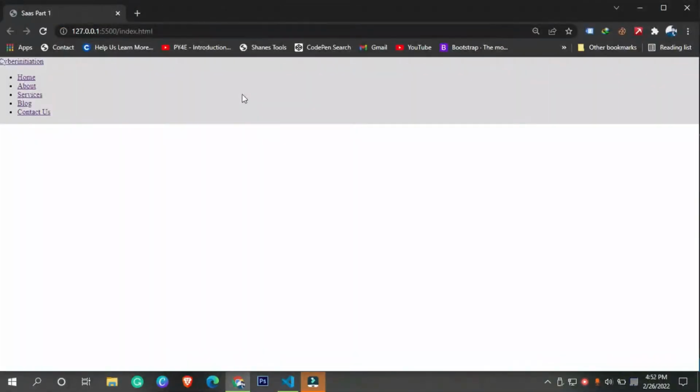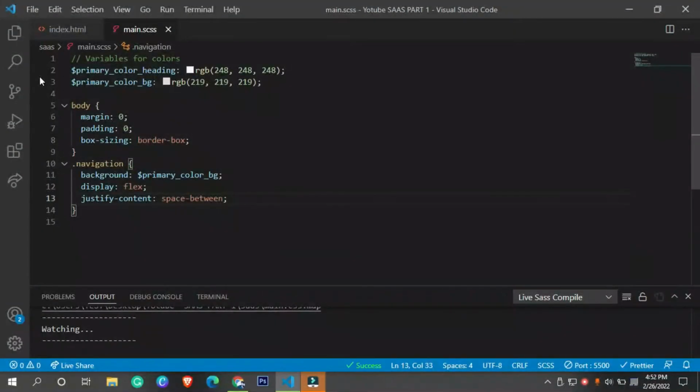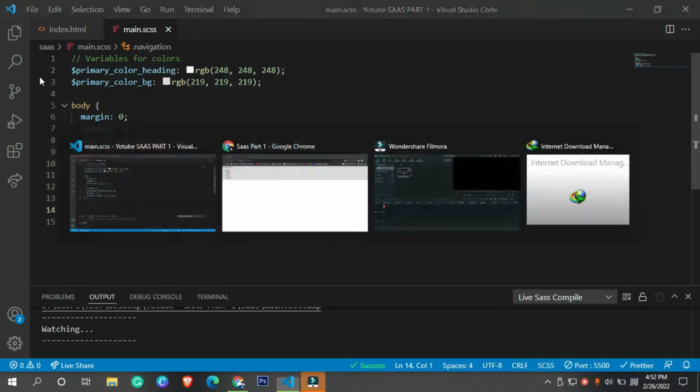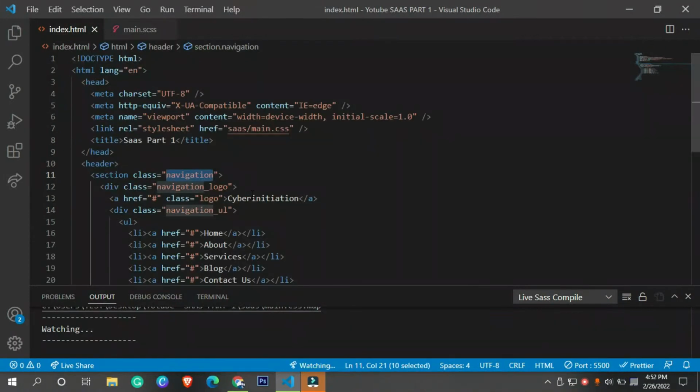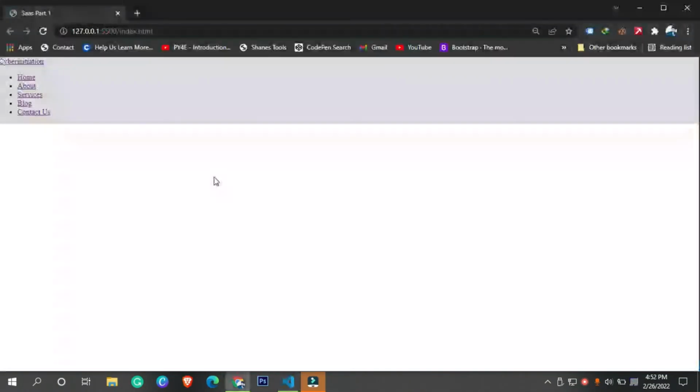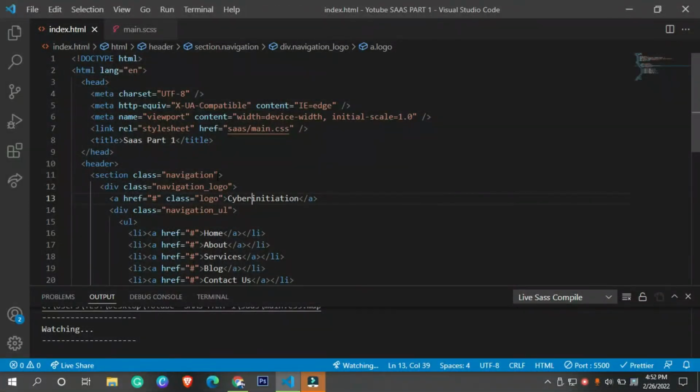After that, let's say justify-content: space-between. What justify-content space-between actually does is separate your logo from your entire navigation links, but it is not happening. So there is a higher possibility that something is wrong inside my HTML code. We will figure it out, but now let's focus on the logo.